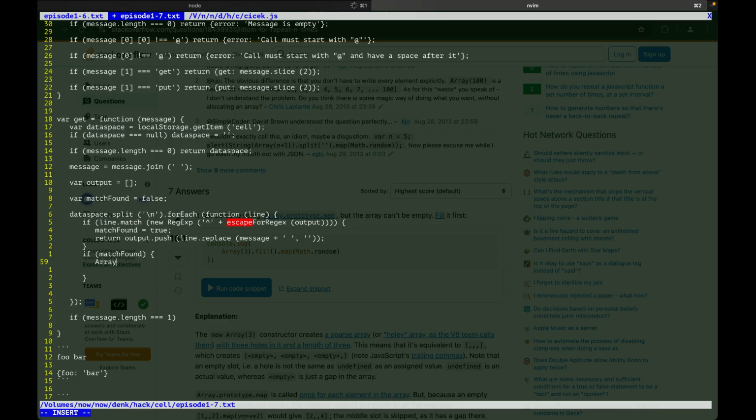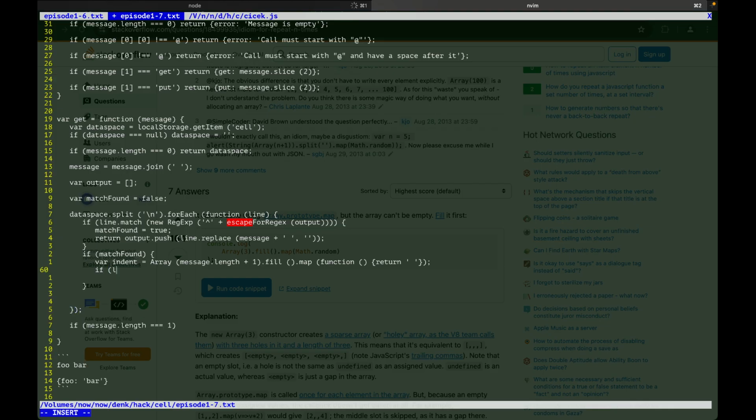So I would do array of the number, which is message length plus 1, because don't forget the space. I fill it with undefineds. Nice paradox there. And then just map, whatever, return an empty text. So now I call the indent, and then if line match